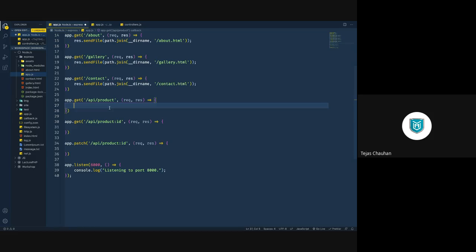Later on, we will change that file handling code to database handling code. The other structure of your application will be the same. That's what you are going to do. Now, when you have a put request or patch request, you have to handle your file at present. You have to append a new product in your file, and you have to update existing data in your file.